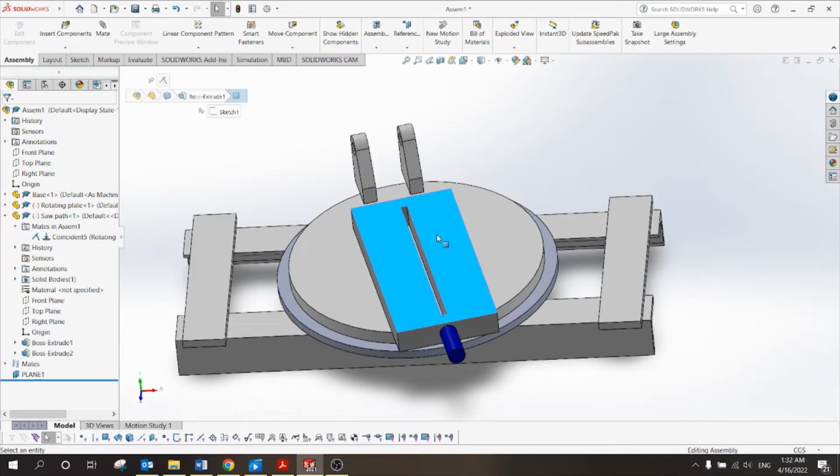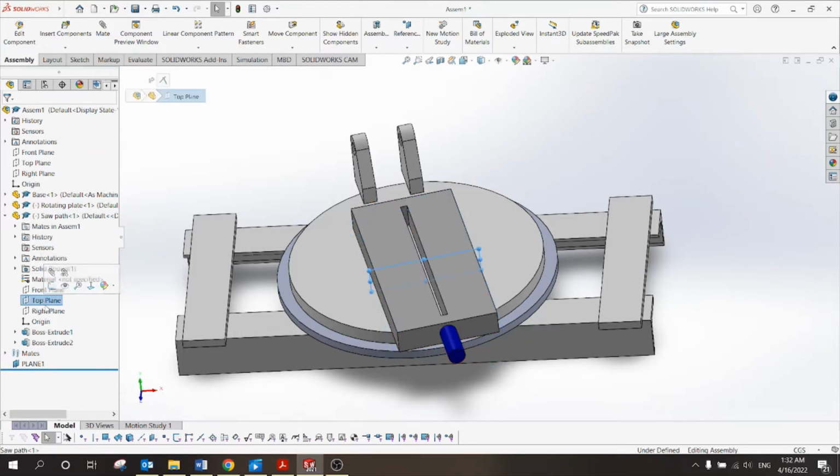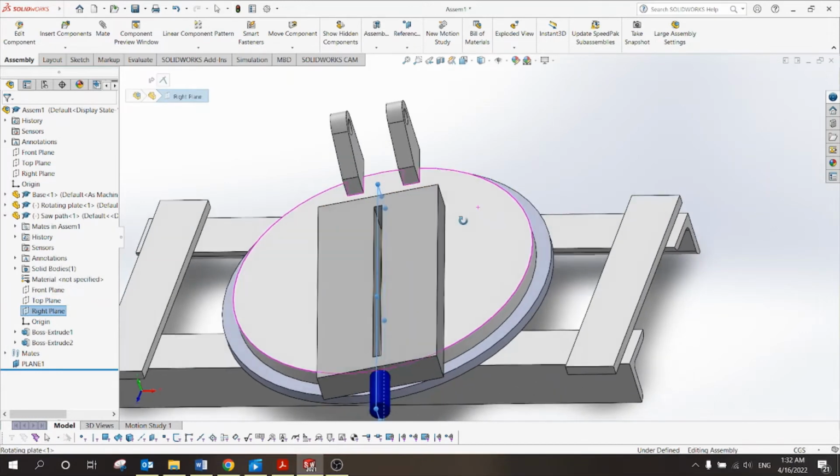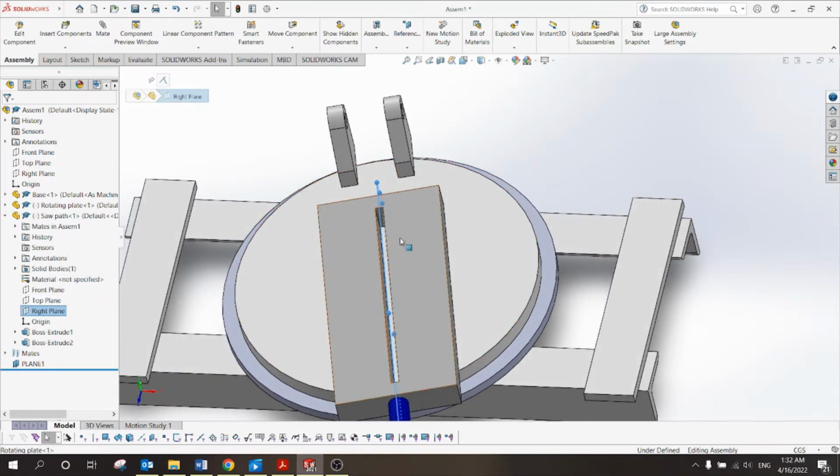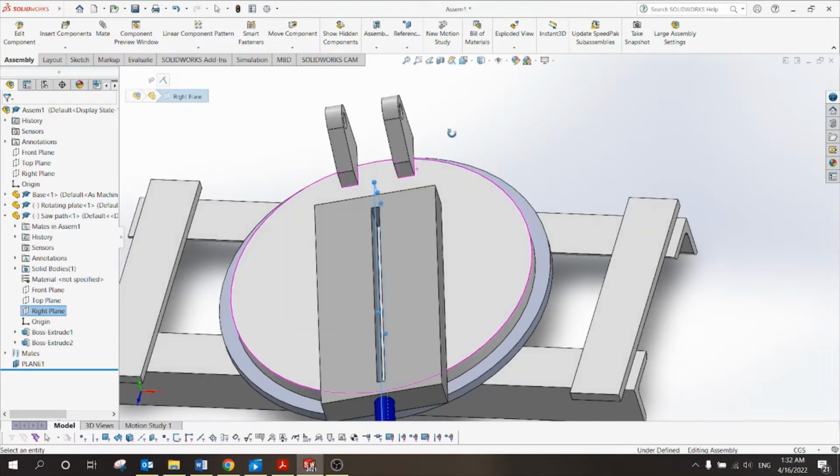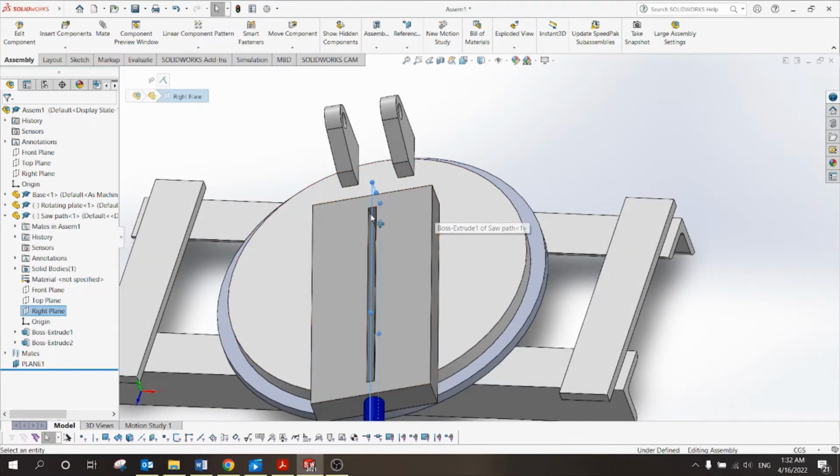Now, this part, which is the saw path, has front plane, top plane, and right plane. Now, luckily, the right plane of this part is in the middle, so I don't need to create a new plane. I don't have to measure the distance and create a reference plane from this surface to the center. So I can use the right plane of this part to be mated with plane number 1 I created between the two elements. Okay, so if I go and mate,